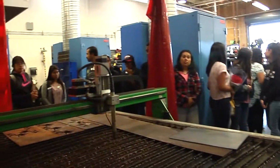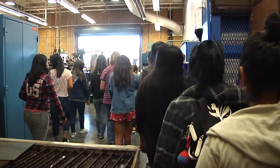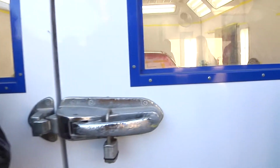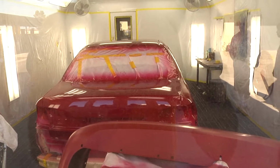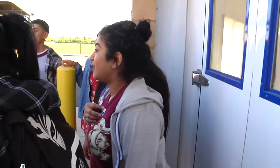So we're going to walk straight out, the robot's over there. Okay, great job, guys. If you need a break, you need to stay in there and get the painting done. So what we're going to do is walk through the auto body lab, and we are going to be on the other side of this wall. Does everybody have...